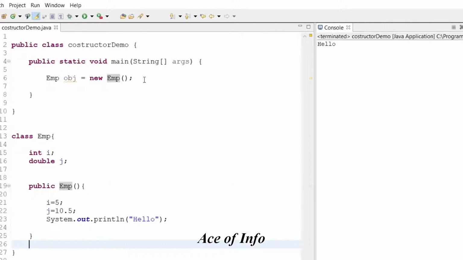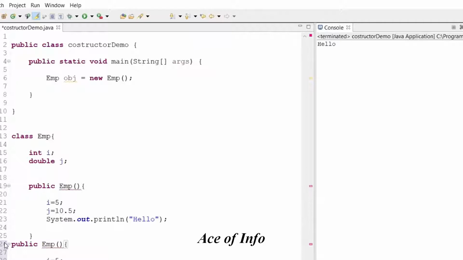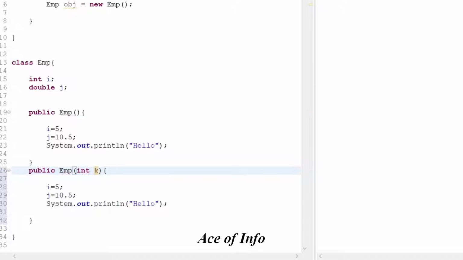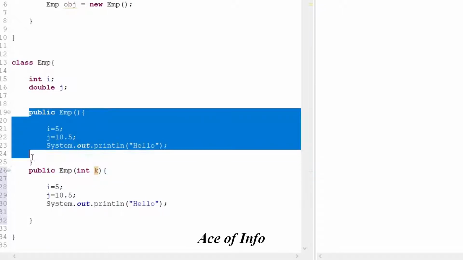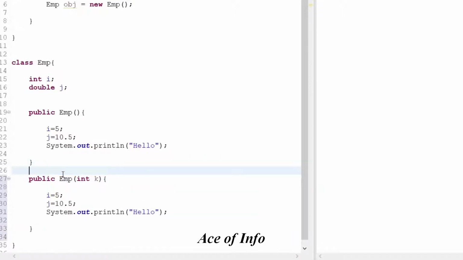Now the next thing about constructors is that you can pass parameters. Just like a method, you can pass parameters here. So to do that, we have to create a constructor which has a parameter inside it. So if I create another constructor like this, and inside these parentheses, I can pass some parameter. So you have this default constructor and also another constructor. The constructor name should be the same all the time, right? It cannot be changed, otherwise it will not be a constructor.